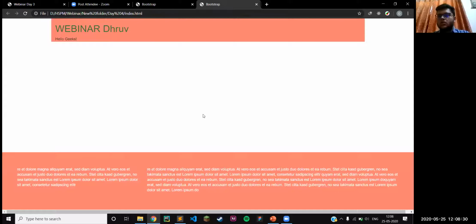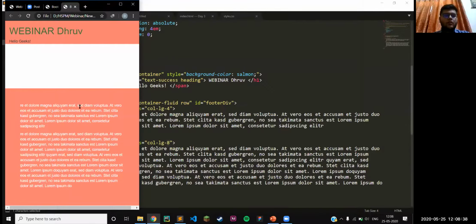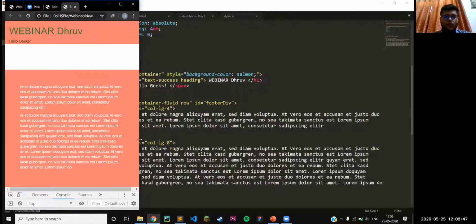Let me just show you this practically. As we can see, we have this footer div. As you can see, the width is 500 pixels right now.